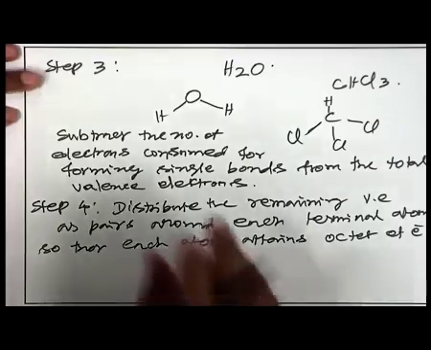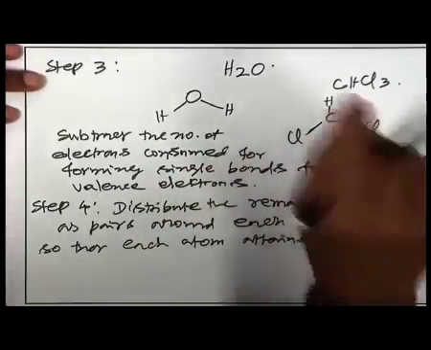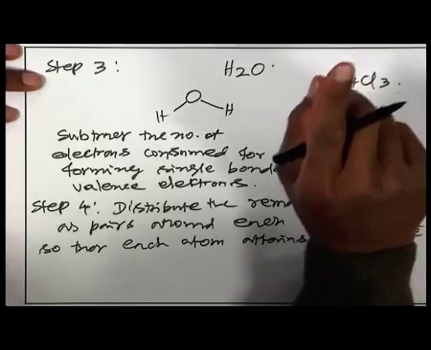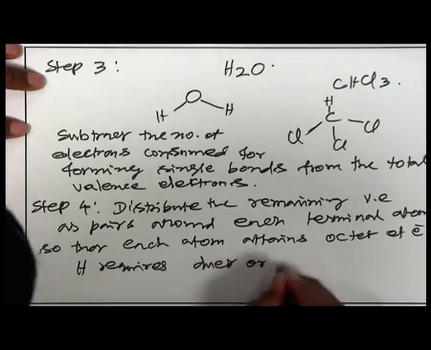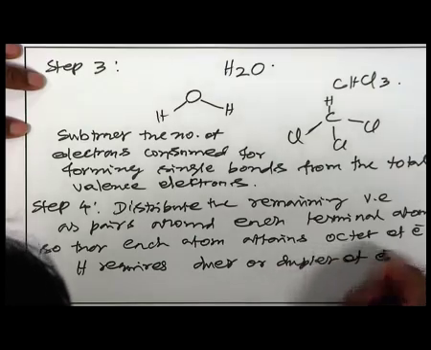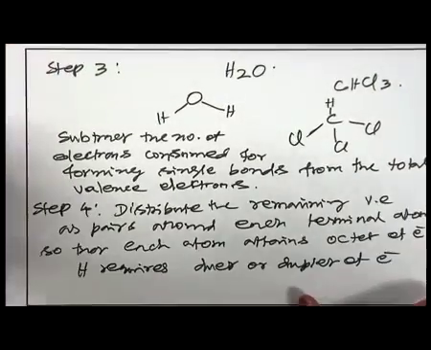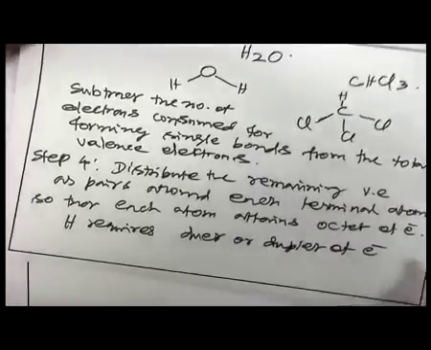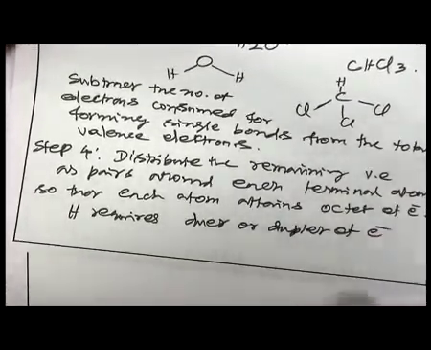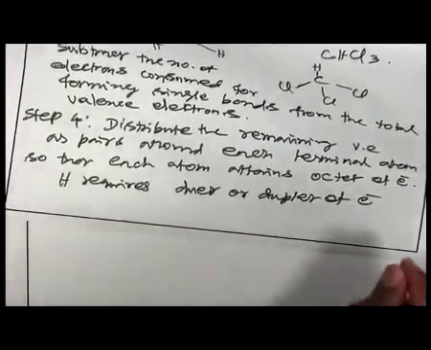except hydrogen. You cannot put a pair of electrons, okay, more than 2 electrons around hydrogen atom. Hydrogen has only one orbital called 1s orbital, and it can accommodate only 2 electrons. So for hydrogen, that is the first row elements, it requires only a duet of electrons. Hydrogen requires duet or duplet of electrons. 2 electrons are enough around hydrogen atom. So the fourth step, we have to distribute the remaining electrons around each terminal atom, so that each atom attains 8